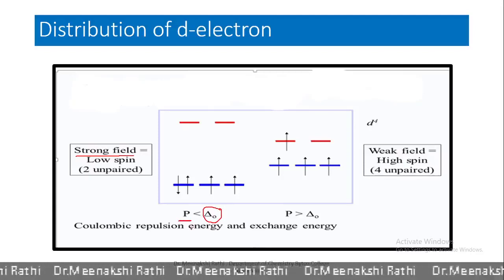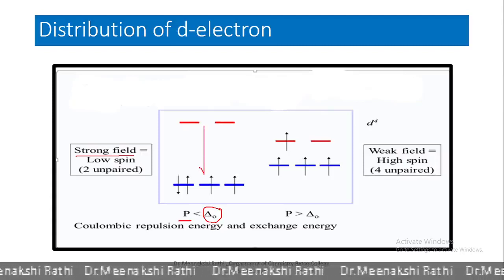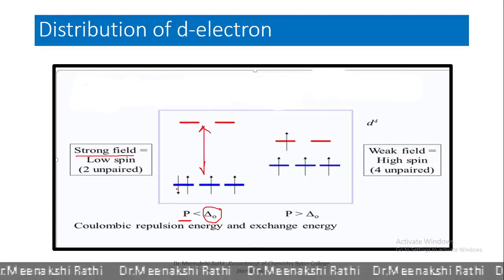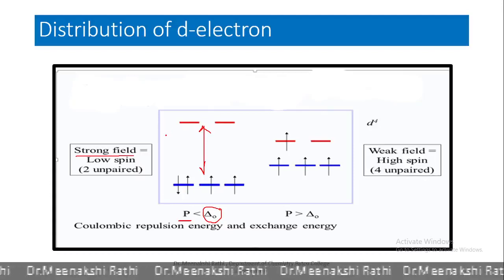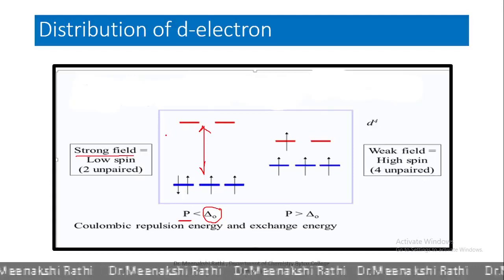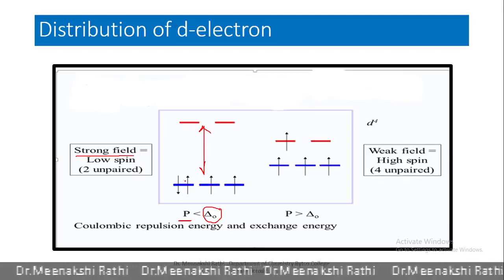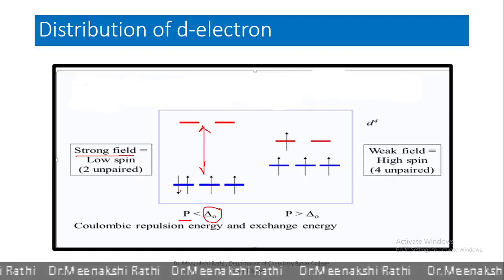So, as the splitting energy is more, the distance between the t2g and eg orbitals is more. The first 3 electrons will occupy the lower energy level, but the fourth electron will always prefer to pair up